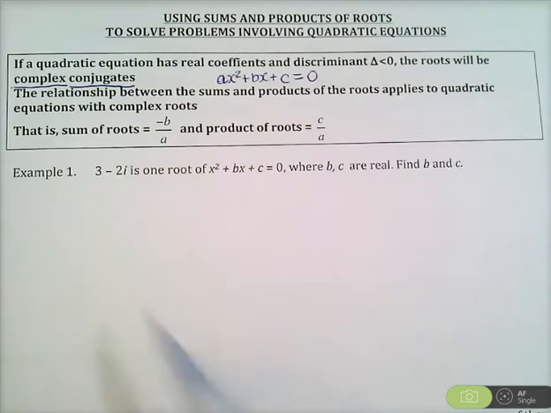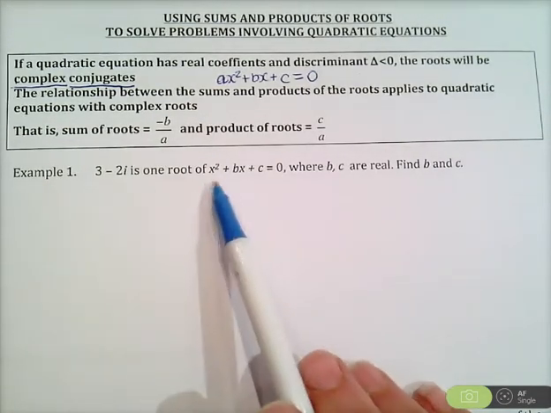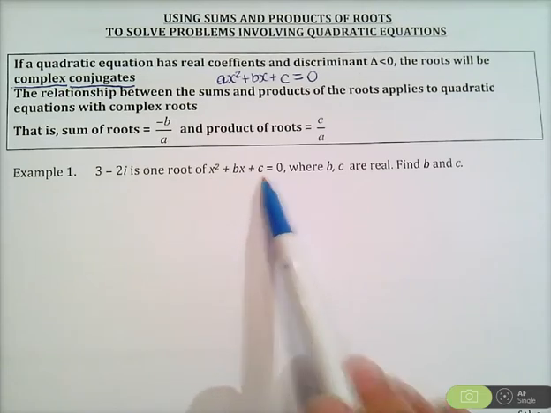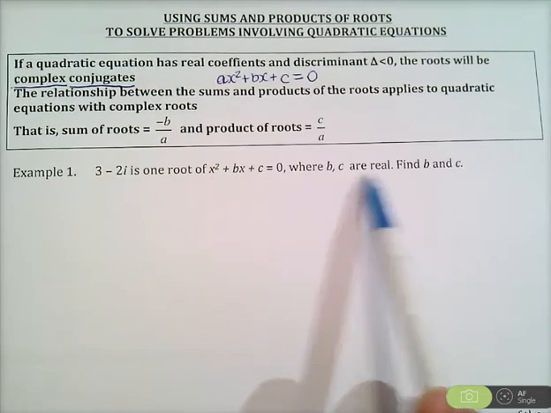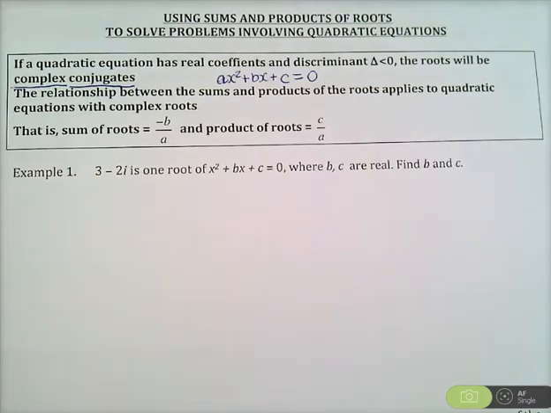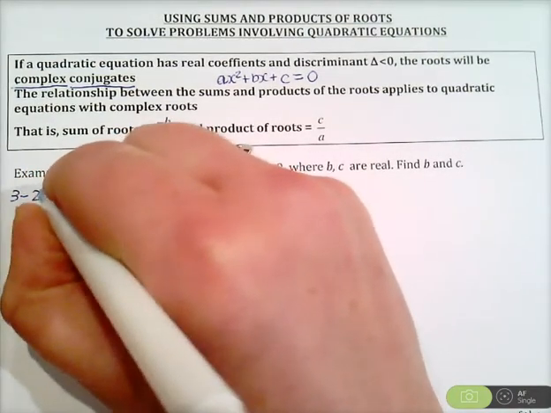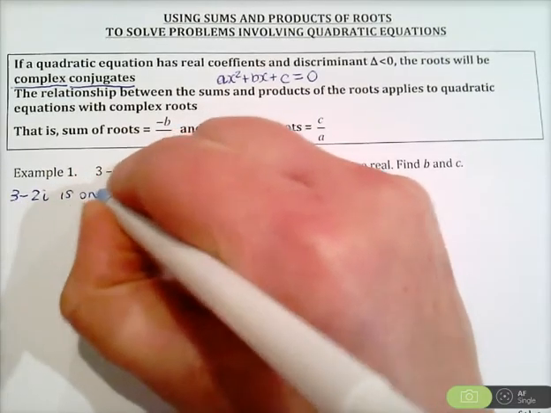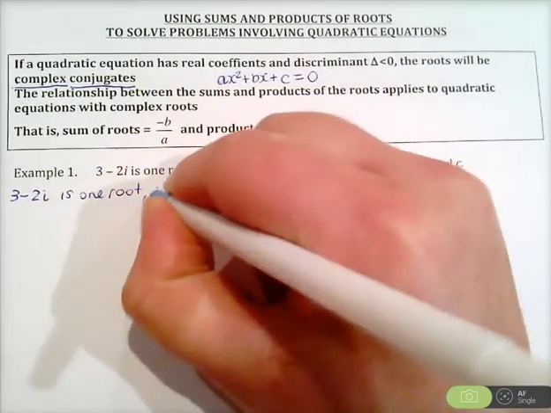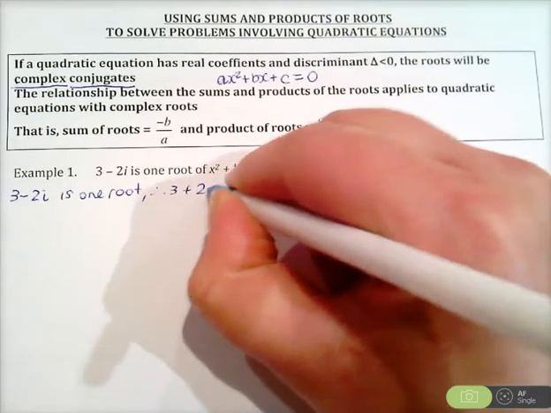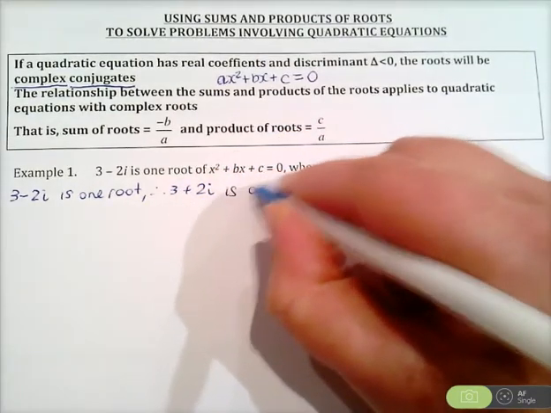Here is our first example: 3 minus 2i is 1 root of x squared plus bx plus c, where b and c are real. You have to find b and c. So first of all, we start off with saying that 3 minus 2i is 1 root, and so therefore 3 plus 2i is the other root,